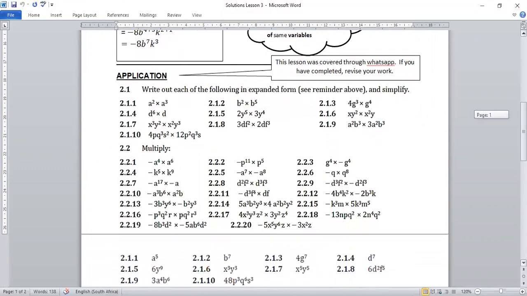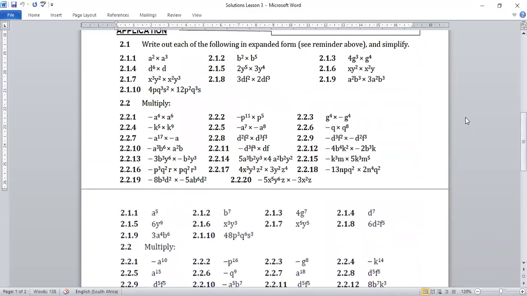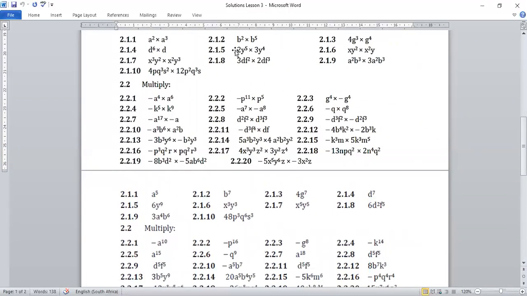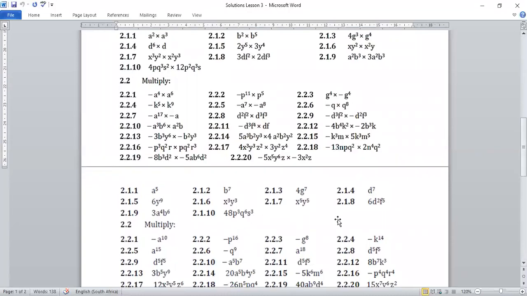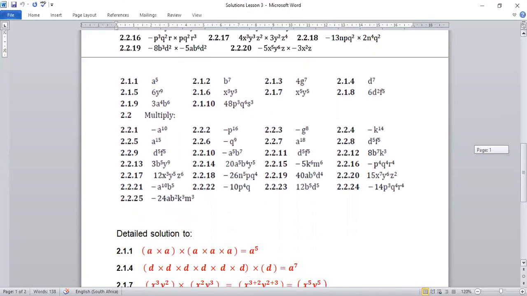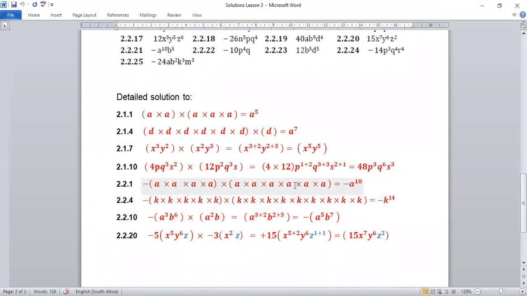The questions that were given to you ranged from 2.1.1 to 2.1.10, and then from 2.2.1 to 2.2.20. Now, as shown below, these are the final solutions for the questions above. I am now going to show detailed working for some of the questions, not all of them, but some of them. And we start off with question